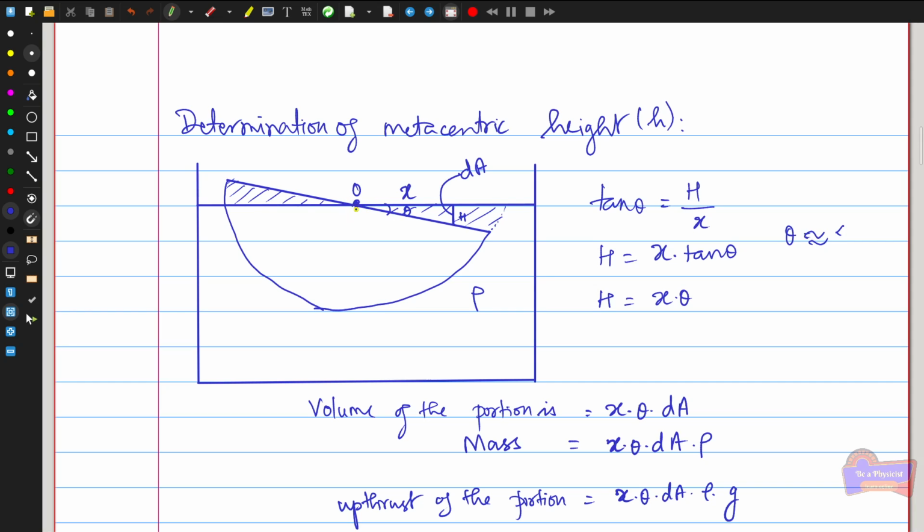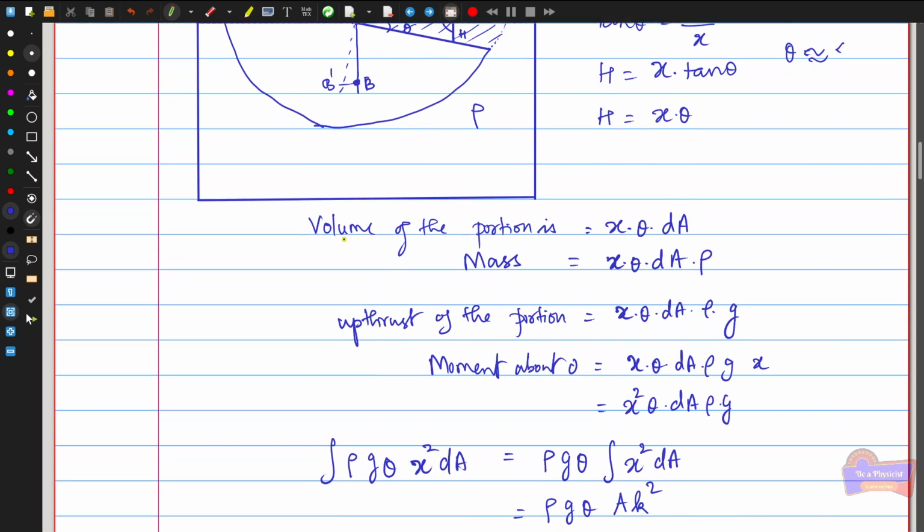For example, at the rest position G is here and B is here; due to the tilting there is a small shift to B prime, so this upthrust force acts from the newly displaced center of buoyancy. Therefore the ship experiences a couple